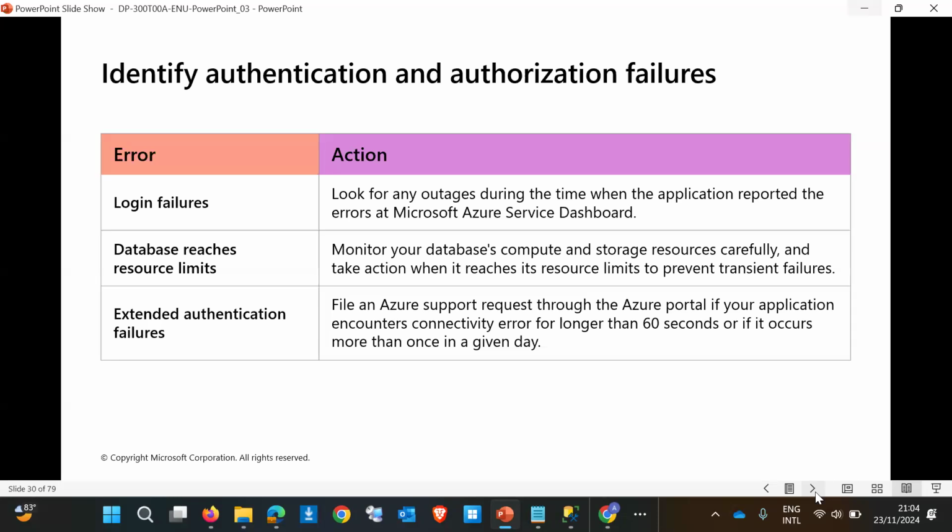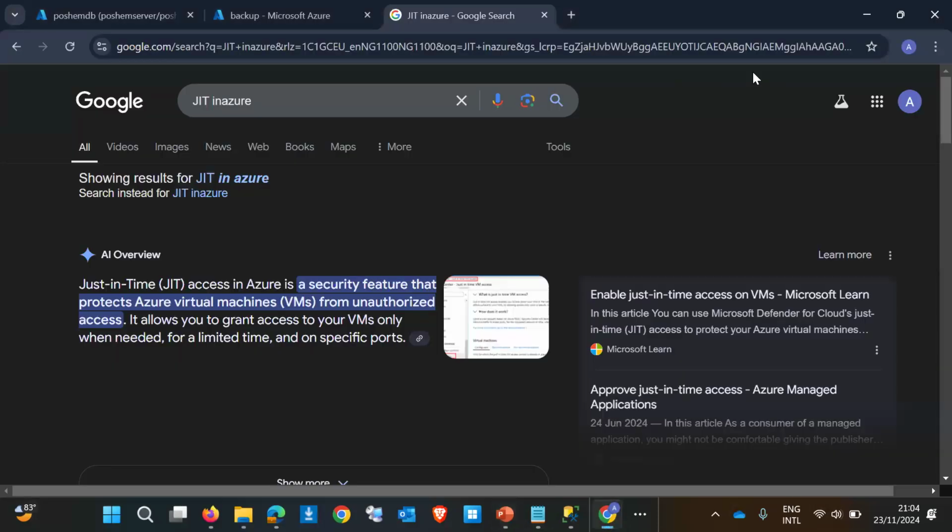How do you go about resolving it, or what action do you need to take to rectify this? When you're talking about a login failure, you don't just start troubleshooting. The first thing is, if you talk about this Microsoft Azure database,